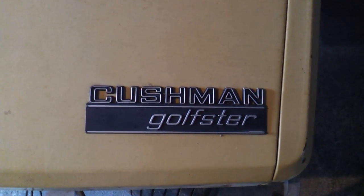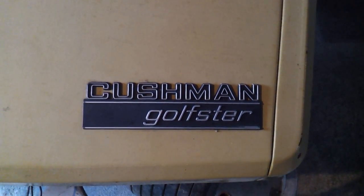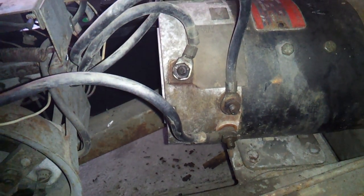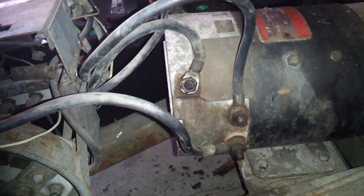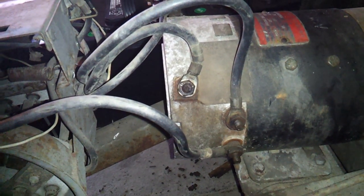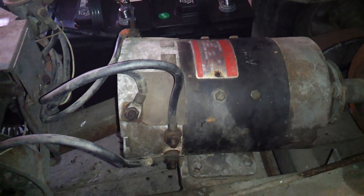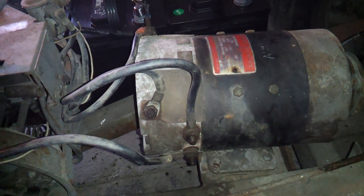Cushman Golfster, 73 Cushman Golfster, motor test, first try. I have not seen any markings indicating which one is S1, S2, A1, or A2, and I'm not familiar enough to be able to just discern from the way everything's hooked up. So I'm going to try to test them with an ohm meter, do a best guess, and then try to test this motor. It's a 73 Golfster, Cushman Golfster, and this is a 36 volt GE motor, and this thing has